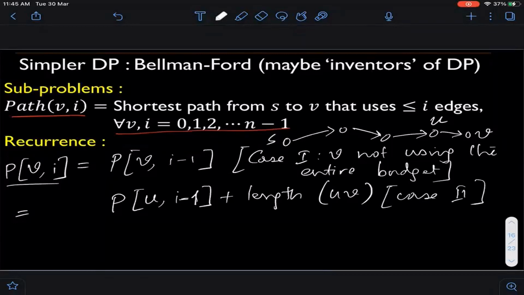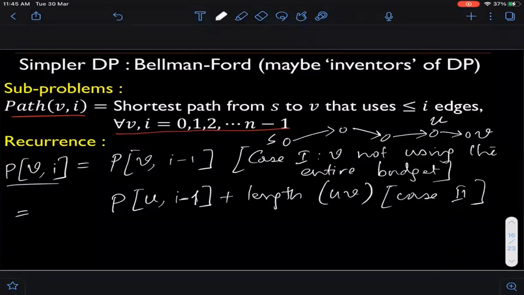But the only thing missing here is that there are some subcases of case 2. Why do I say that? Because here I told you that U is the penultimate vertex, but you have no way of knowing what the penultimate vertex is. You are solving a shortest path problem. If before computing the shortest path you don't know what this vertex U is, how should I handle that? Okay, everyone understands? I don't know what this vertex U is, but yeah, okay, very good.